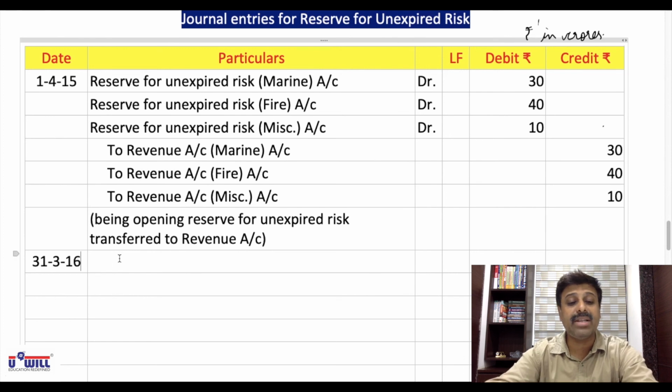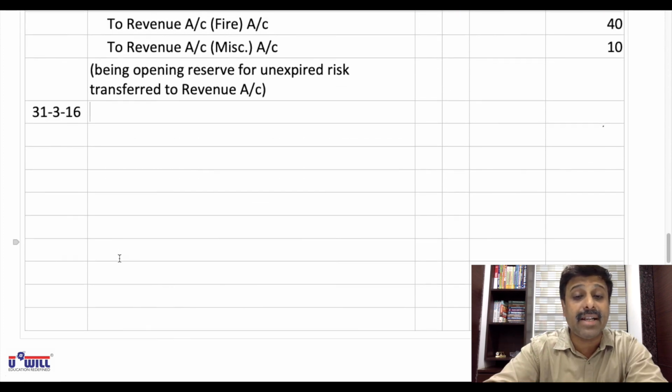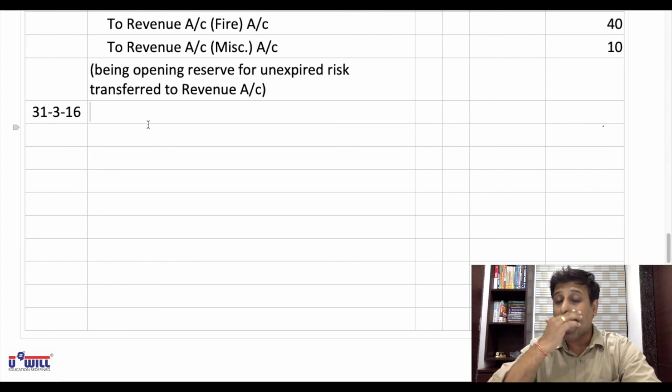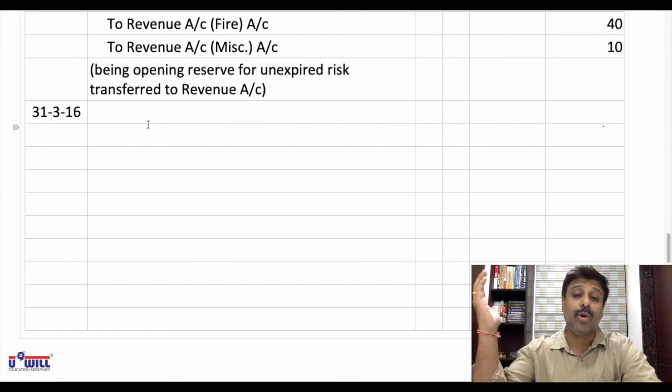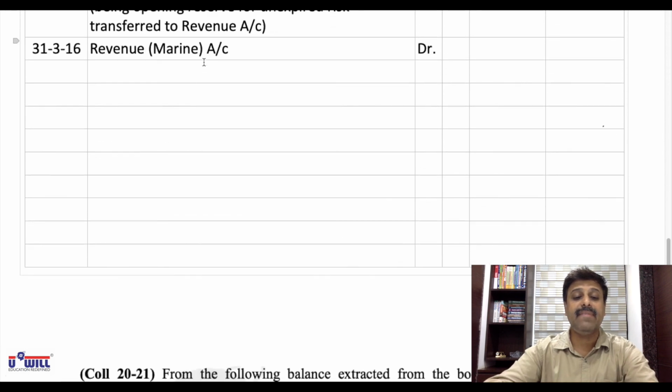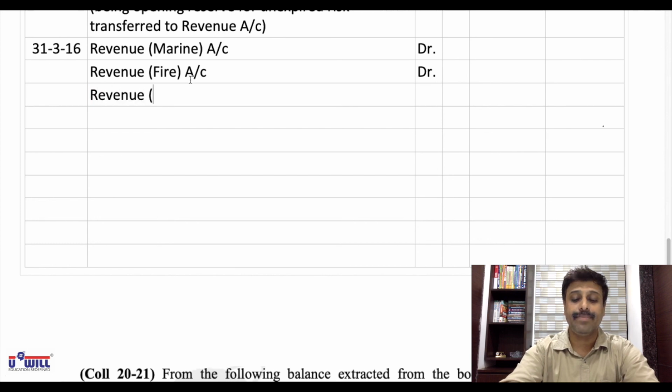What entry will pass for closing pre-received income? Income account debit to pre-received income. So revenue account debit to reserve for unexpired risk account. Okay. Closing reserve you minus means you have to decrease the income. To decrease the income, we will debit the revenue account. So revenue account of fire. First is marine. Revenue account of marine debit. Then same way revenue account of fire debit. And same way revenue account of miscellaneous debit,